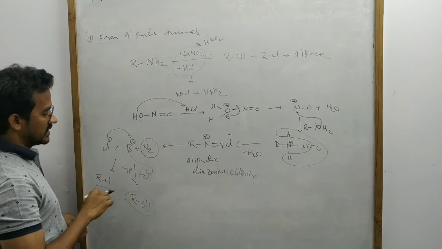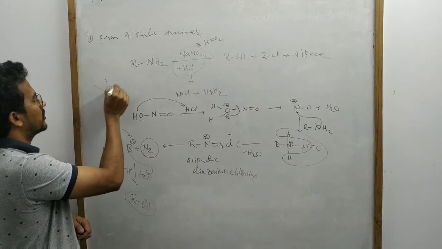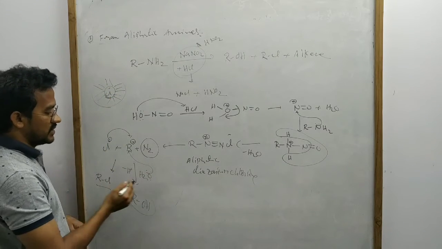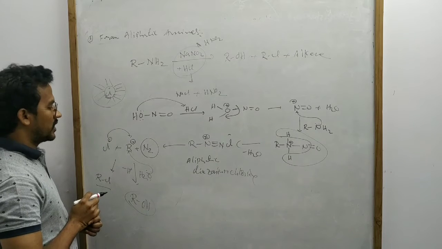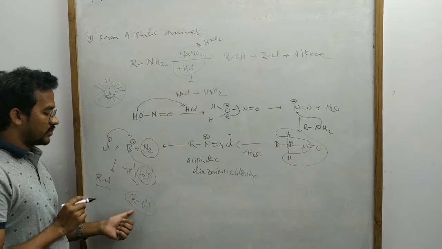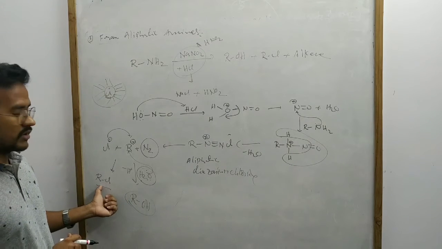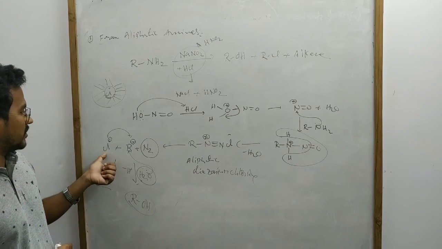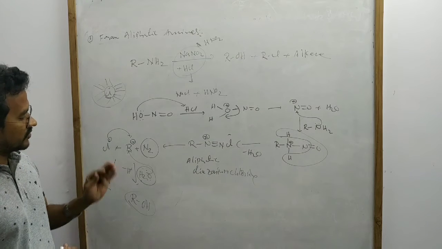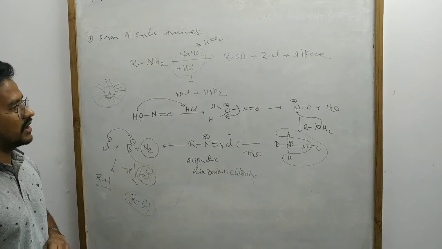the solvent. So in case of H2O, the Cl minus is surrounded by water molecules. So then the reactivity of the Cl minus decreases by the solvation, by the hydration with water molecules. So that's why the solvent present in excess amount attacks the R plus followed by deprotonation, and we will get the alcohol. Alkyl halide is not the major product because Cl minus is surrounded by the water molecules, so its reactivity decreases. Of course, solvent is present in excess amount. So R plus is attacked by the H2O followed by deprotonation, and we will get the alcohol.